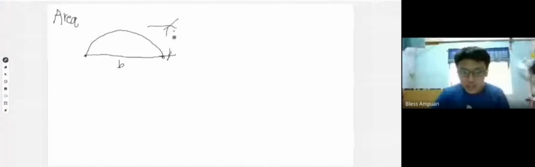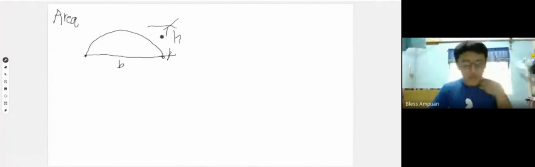So the derived formula for the area enclosed by a parabolic segment is A equals